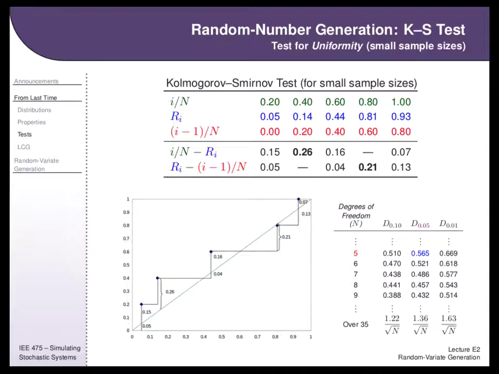The other test says, predictions are always if-then statements. You have a hypothesis: the numbers are uniform. If that hypothesis is true, then we can make a prediction. If we were to divide the numbers up into subintervals, then we would get an equal number in every subinterval. That is the prediction we're testing in the chi-squared test. In the KS test, we have a different prediction. We say if we were to sort all of the numbers, then we would expect the numbers to be close to